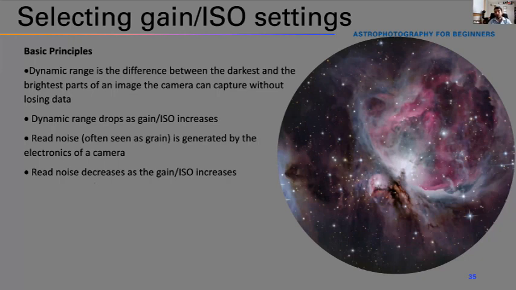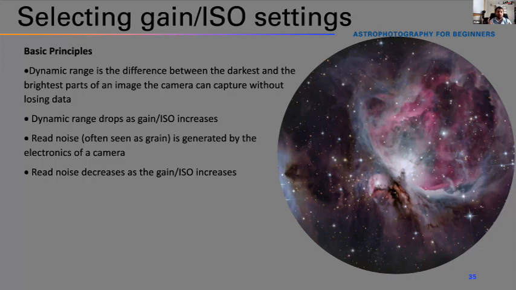That might sound counterintuitive to anybody who does daytime imaging, because as you increase your ISO, your image appears to get noisier. But in reality, for the same exposure time, the images taken at a higher gain or higher ISO will have overall lower noise.